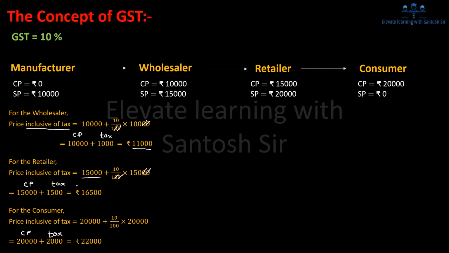All right. Now, the next thing: the tax paid while purchasing goods or a service is called input tax credit. It means that when the wholesaler went to purchase from the manufacturer, he paid a tax of 1,000 rupees. So for the wholesaler, input tax is the tax paid while bringing the goods into my company. I remember it like this: when I am bringing those goods into my company, that tax which I pay, I consider it as input tax. That is rupees 1,000 for the wholesaler.